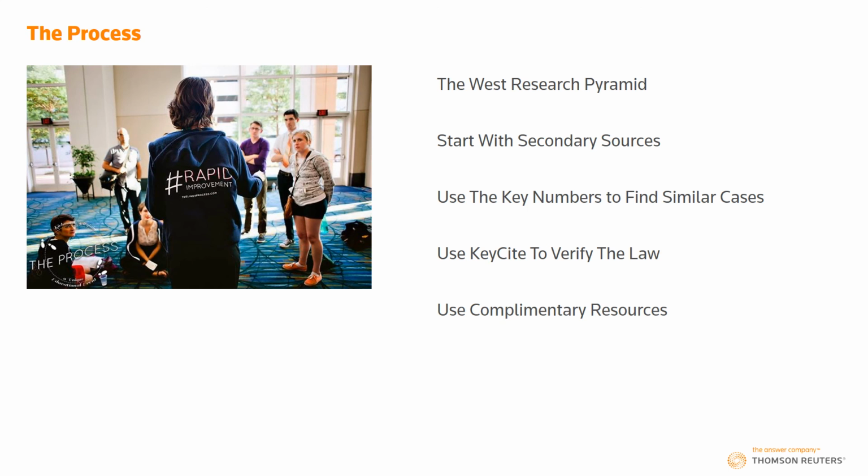Let's talk a little bit about the process and that goal of rapid improvement. Yes, this has been an hour. Hopefully it hasn't been too laborious, but I did have to visit the West Research Pyramid because you have to start with secondary sources, because those are going to take you to cases, and then the key numbers are going to bring you on to similar cases, maybe in a lot of different jurisdictions that you happen to be researching in. Then when you're looking at those cases, use KeyCite to verify that that case is still good law for the point of law that you want, and then when you're done or through the research process, use those complementary